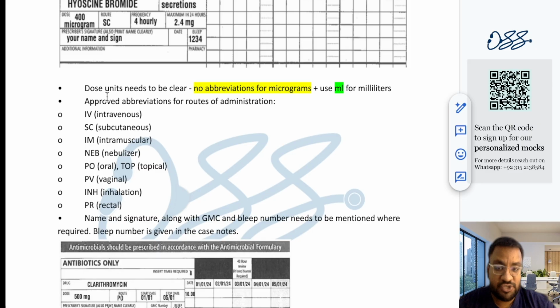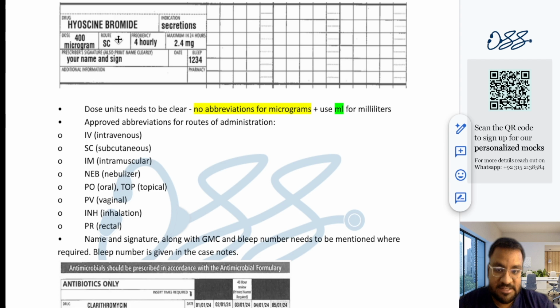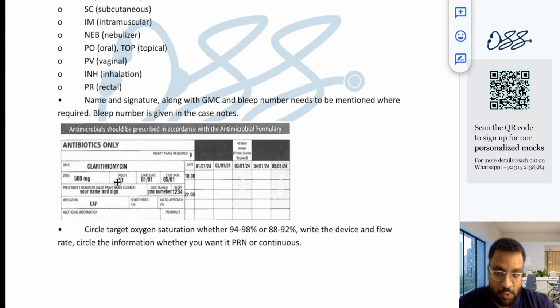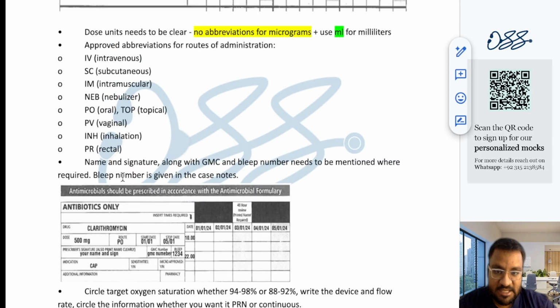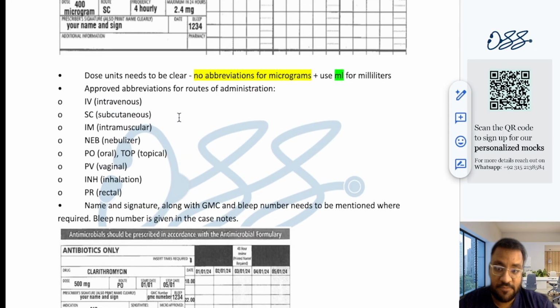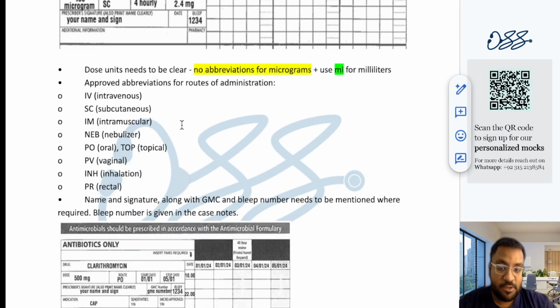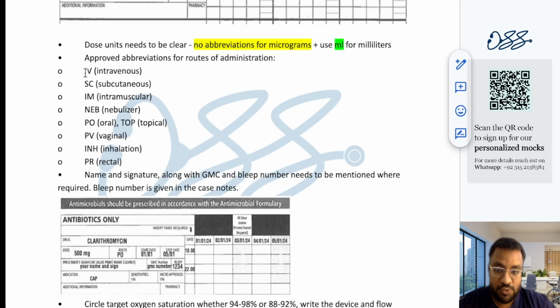Okay, I'm just going to share with you what are the approved ones. You can see that you need to mention the route. Subcutaneous is mentioned over here, per oral is mentioned over here in the antibiotic sections. So you would have to mention the route of the particular drug. Make sure that you use this list that is provided over here, like IV for intravenous, SC for